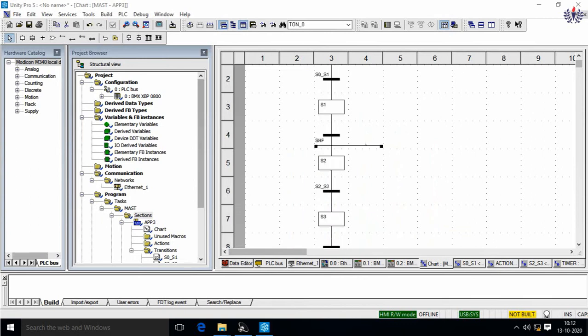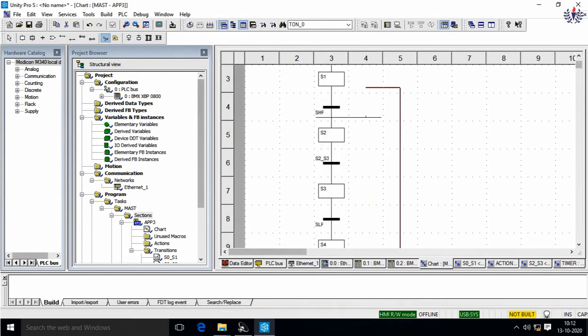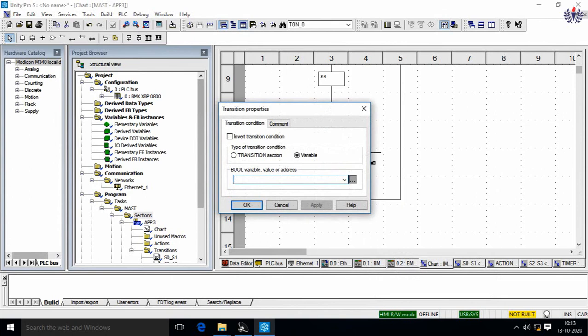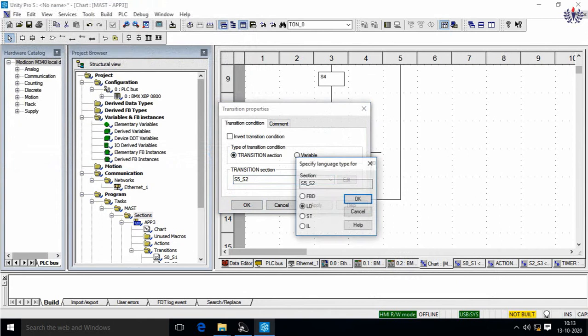So I made this branch here. I have taken this one and I have inserted it here. So from here I am going to make it a branch. So where is the branch? It is available here. I'll take the input and I'll make it join here. So it is joined nicely. Then once again, one more branch is there that I'll come to later. Here I am going to give the transition as S5_S2. So for this, I'm double clicking it and I'm going to give the transition. Wherever the repeated process is going on, I'm going to give the transition S5_S2. Okay, I have given it.